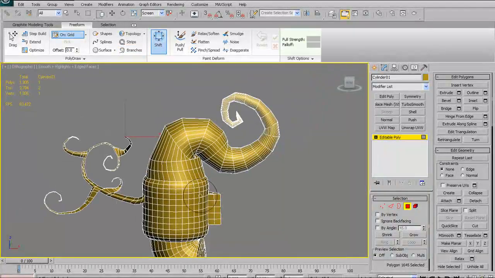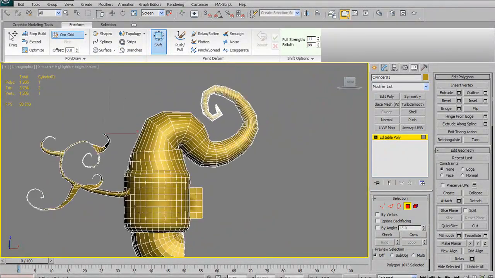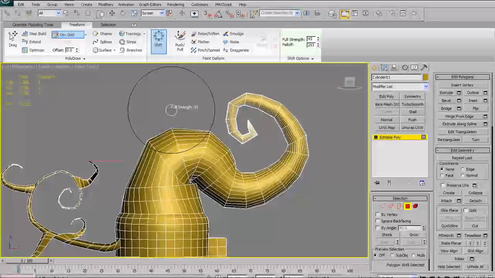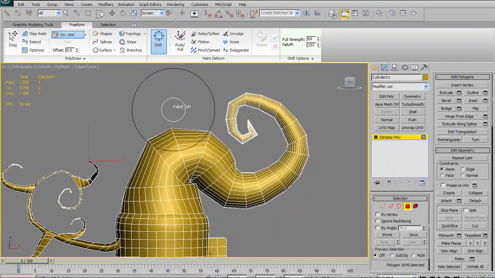Shift I find to be much more useful. Shift is sort of like the tweak brush in ZBrush, if you're familiar with ZBrush. Basically, you have your focal shift, your fall off, where you have your hot spot in the center, which is shown by the white circle, and your outer fall off area, which is shown by the black circle. And you can adjust those by holding Control to adjust the outer circle and Shift to adjust the inner circle. And then all you need to do is left mouse